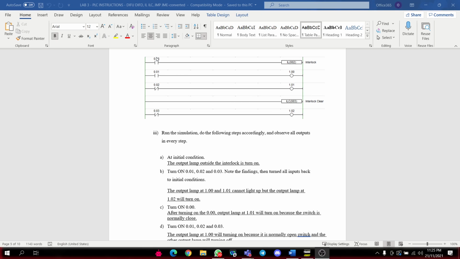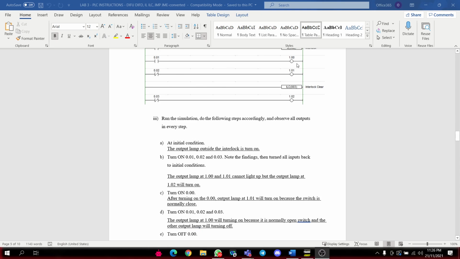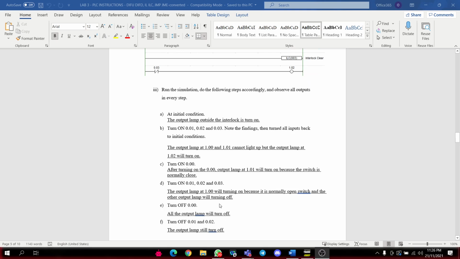After turning on 0.00, the output lamp at 1.01 will turn on because the switch is normally closed. And then we turn on 0.01, 0.02, and 0.03. The output lamp at 1.00 will turn on because it is a normally open switch, and the other output lamp will